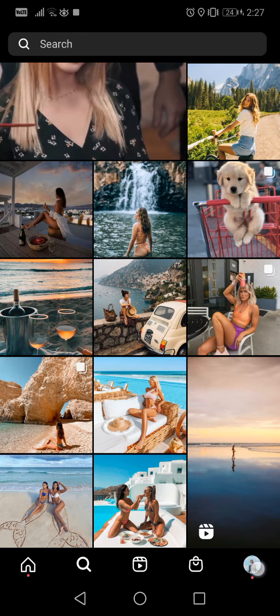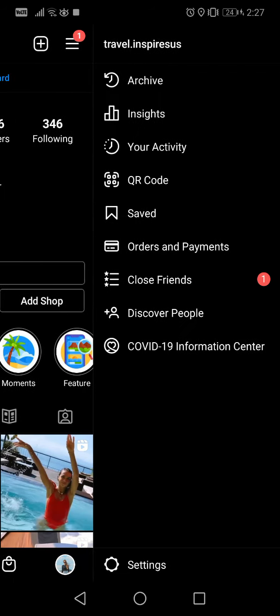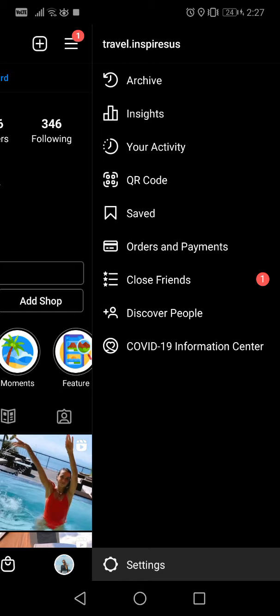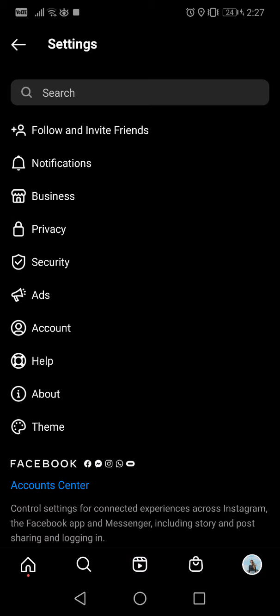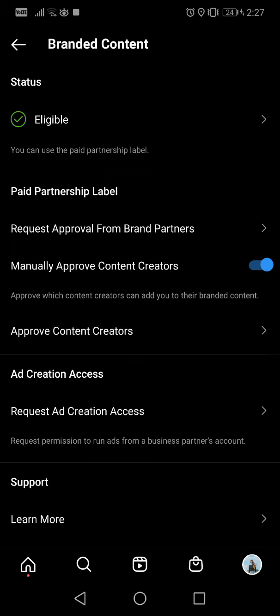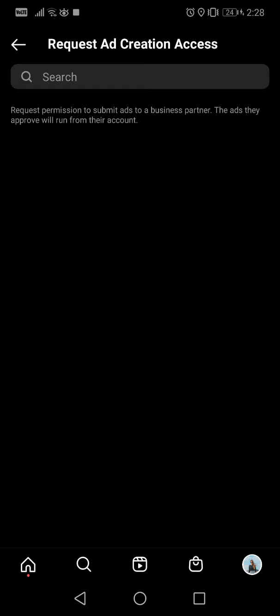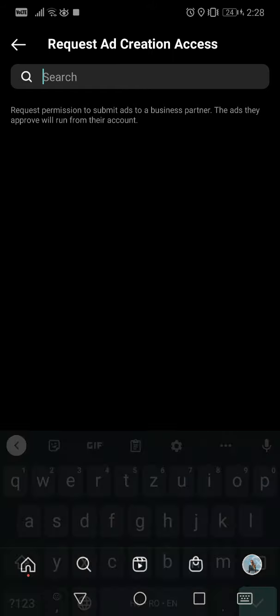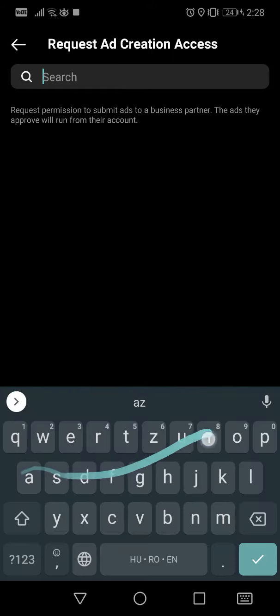So first of all, go to your settings, then go to business, then go to branded content, and here down on the bottom of the list you will see request ad creation access. So you can request an access to create ads for different brands. So for example,